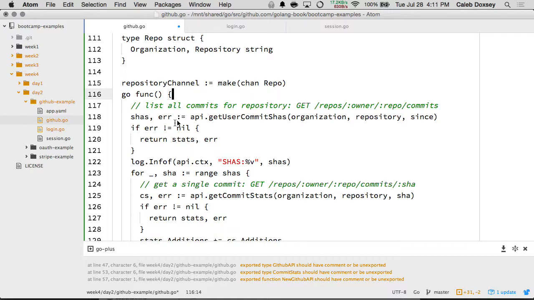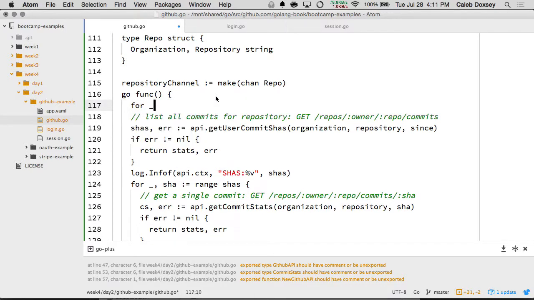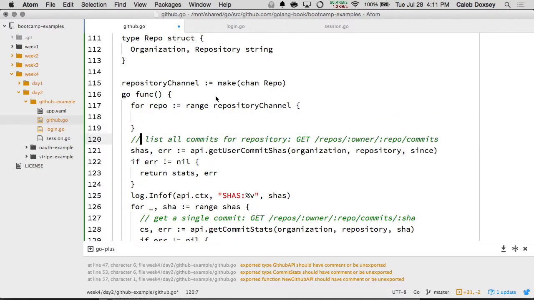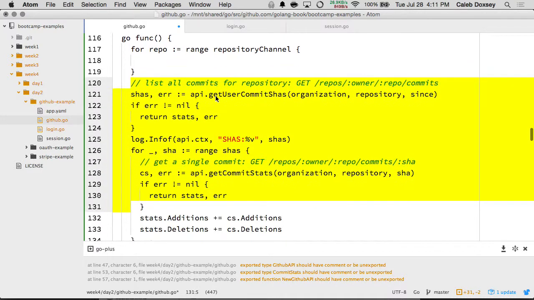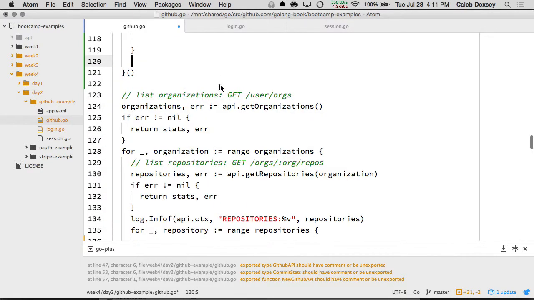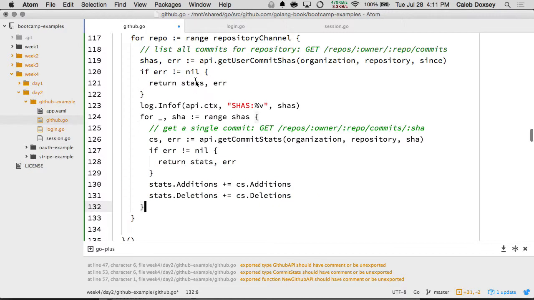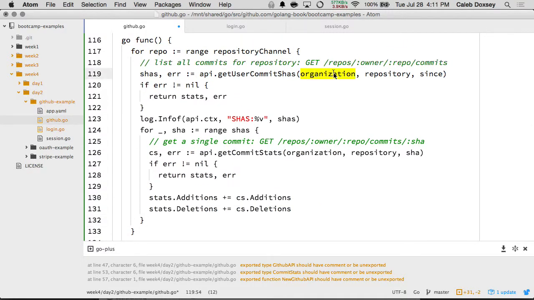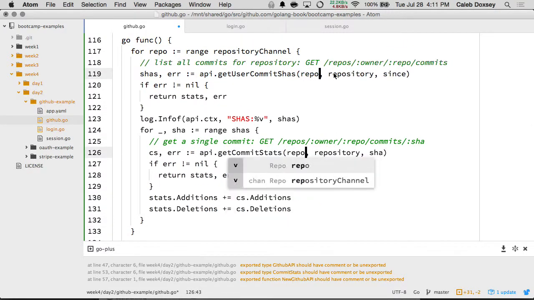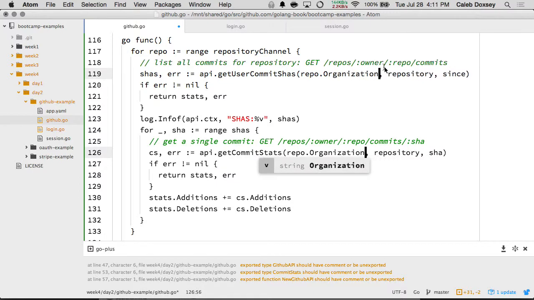Okay, so we're going to have this repository channel, and we're going to for repo range repository channel. We'll do this for each one. So this will be repo.organization. This will be